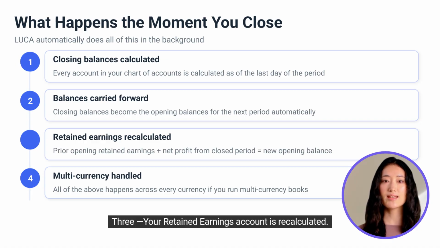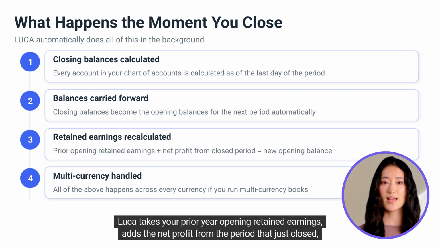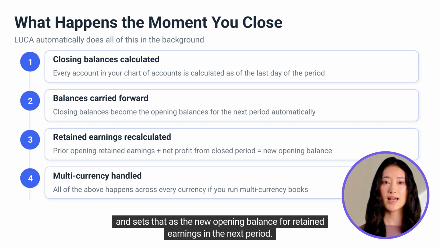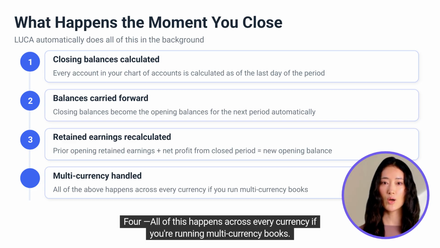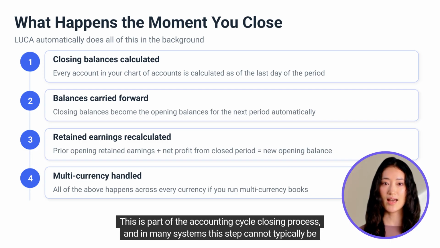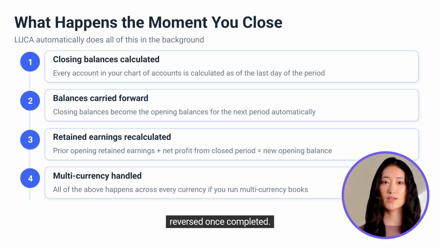3. Your retained earnings account is recalculated. Luca takes your prior year opening retained earnings, adds the net profit from the period that just closed, and sets that as the new opening balance for retained earnings in the next period. 4. All of this happens across every currency if you're running multi-currency books. This is part of the accounting cycle closing process, and in many systems, this step cannot typically be reversed once